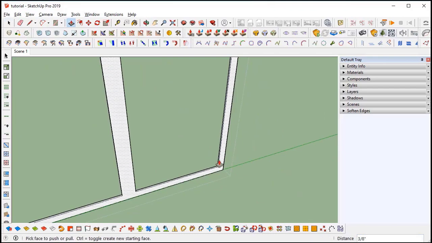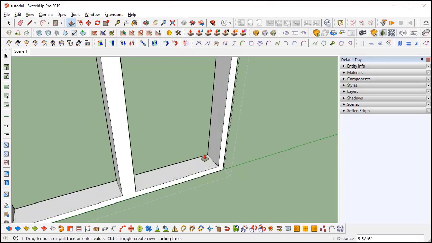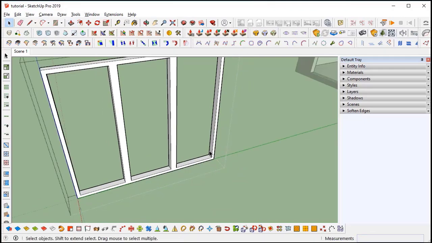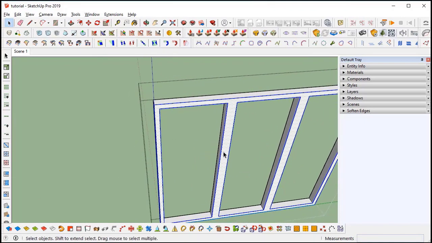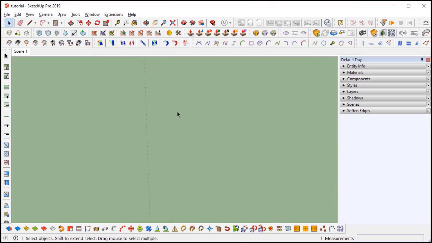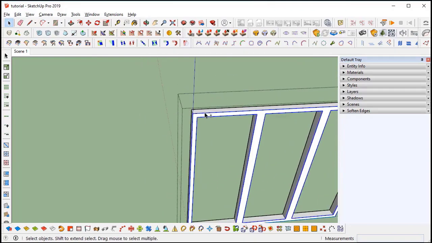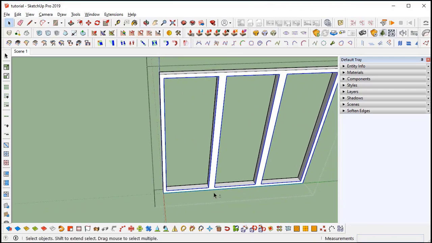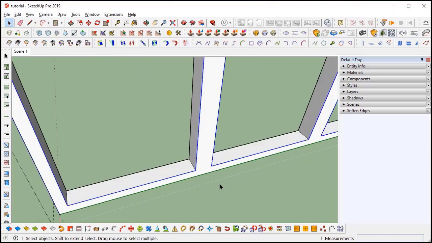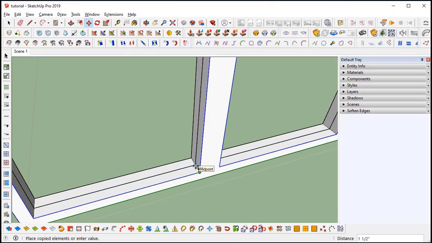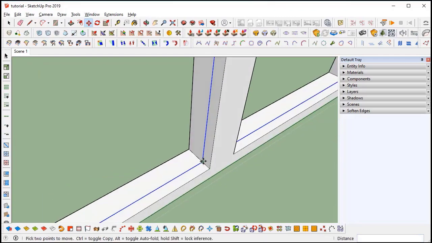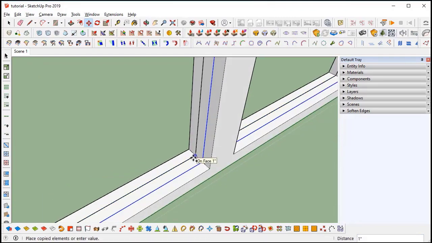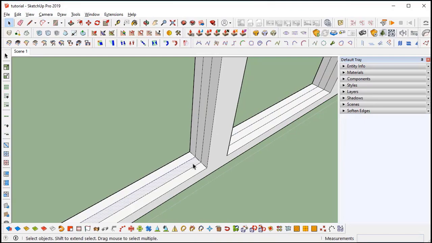And push pull it 3 inches. I will select all the edges by double clicking, and I will shift select the inside face, so the face will be deselected, and I will deselect all outer edges as well. Now I am going to copy these lines with M and control, to 1 inch. Again M control 1 more inch, and I will select all these faces.